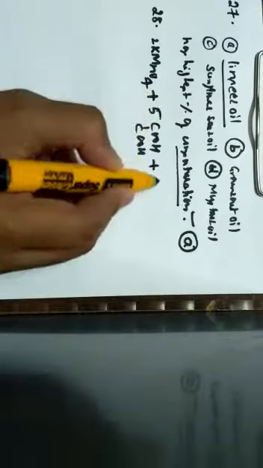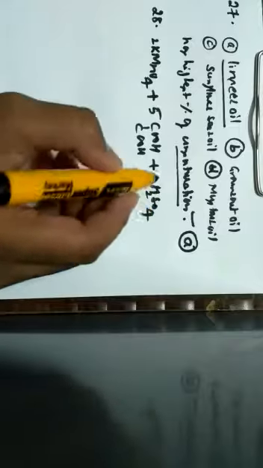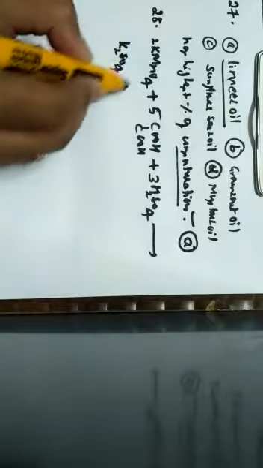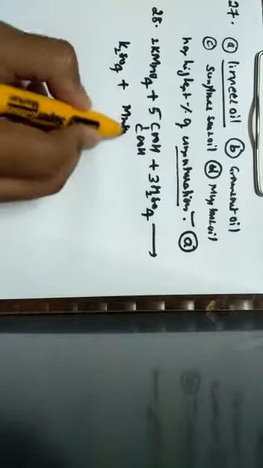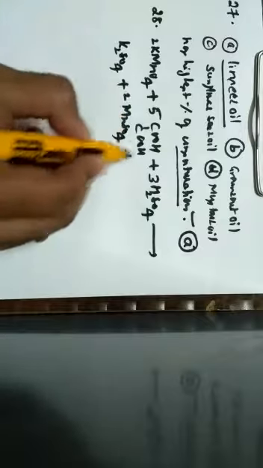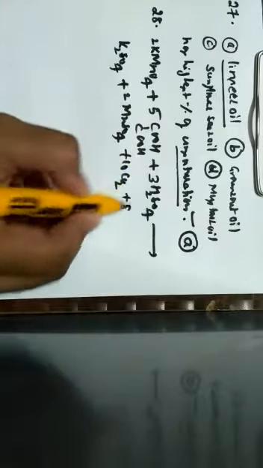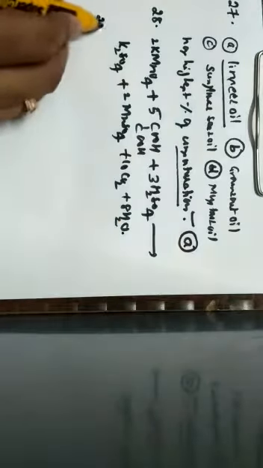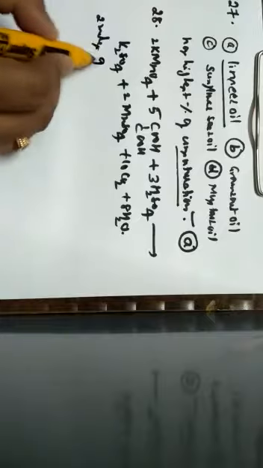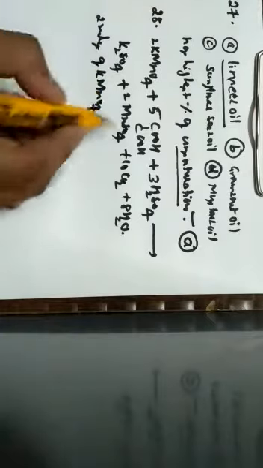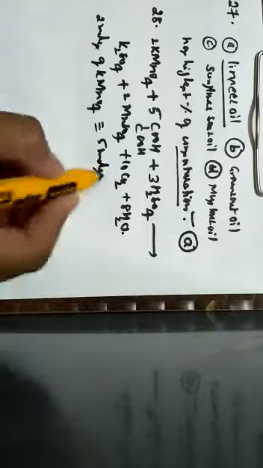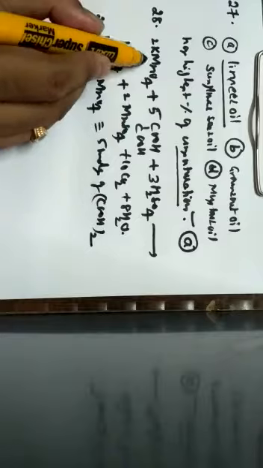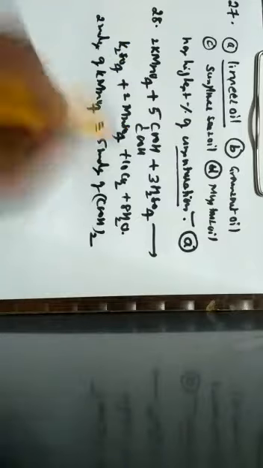When we write the reaction in the presence of an acid, that is sulfuric acid, and completely balance the equation, it gives rise to potassium sulfate plus manganese sulfate, that is 2 moles, along with 10 moles of CO2 plus 8 moles of water. So this is the balanced chemical equation. From this, we can understand that 2 moles of KMnO4 is equivalent to 5 moles of oxalic acid, because for the reaction of 2 moles of KMnO4, 5 moles of oxalic acid is involved.